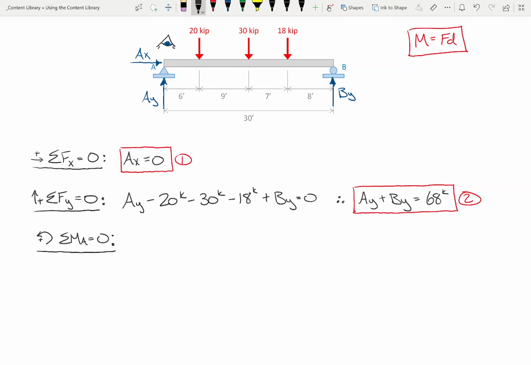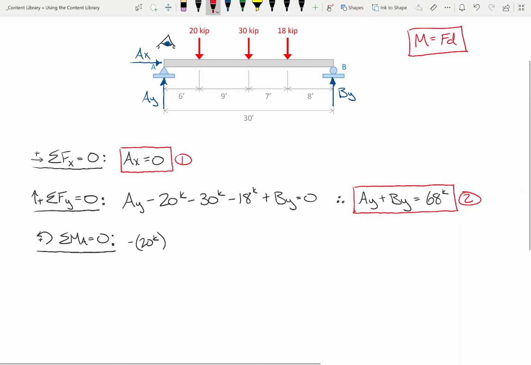If my finger is right here at point A, and here's the 20 kips, which direction is it going to rotate? Is it going to rotate in a positive direction or a negative direction? Negative direction. Okay, so it's going to be negative